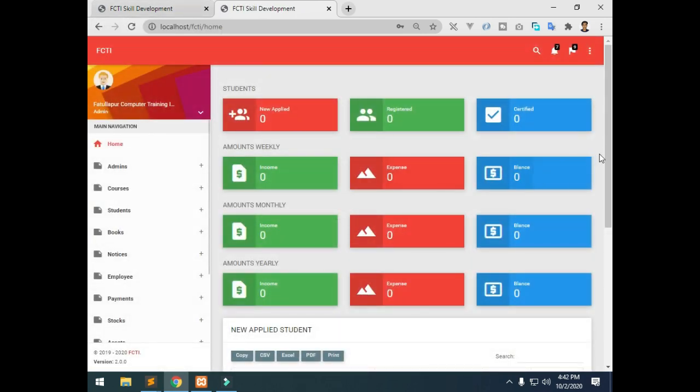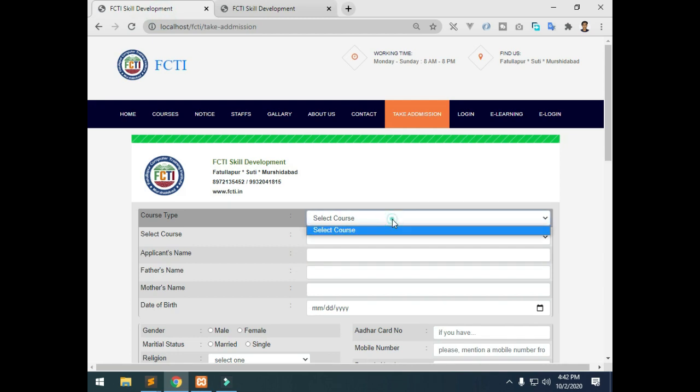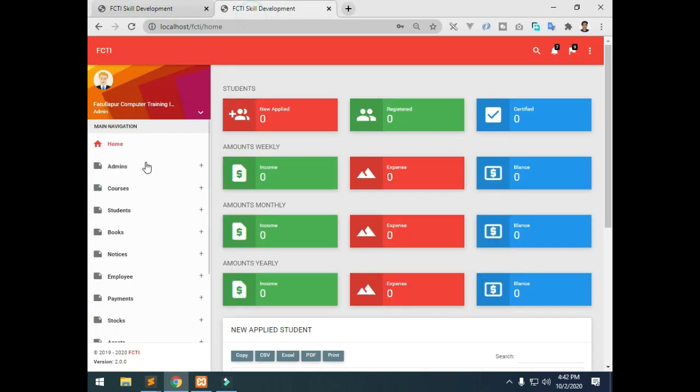So here is the admin panel. We will discuss this later. First we have to add some codes for admission. Let me add some codes here.